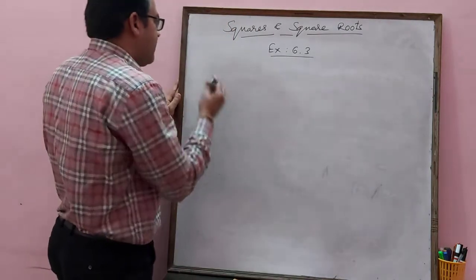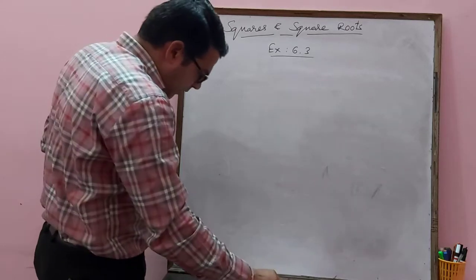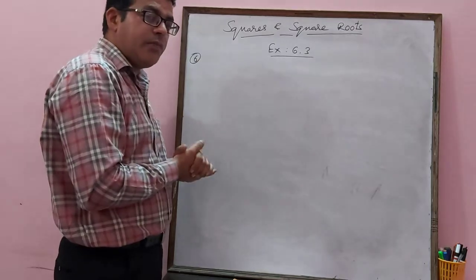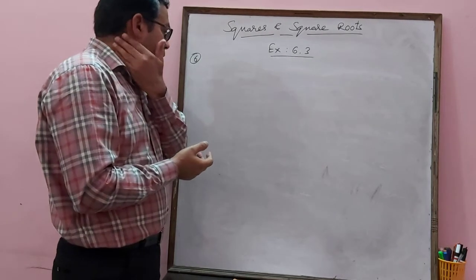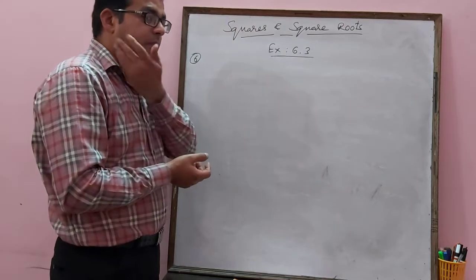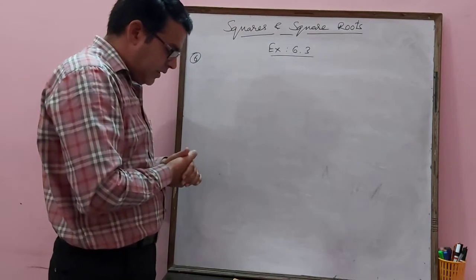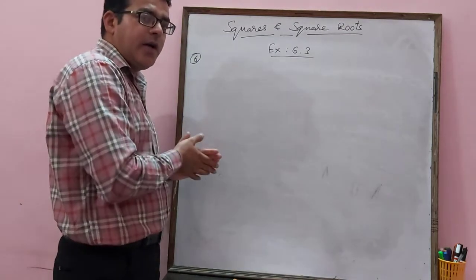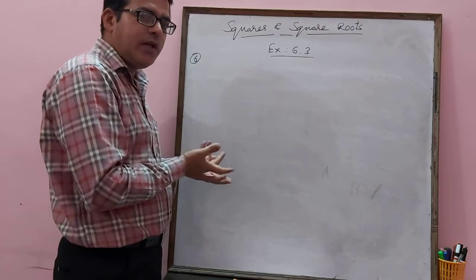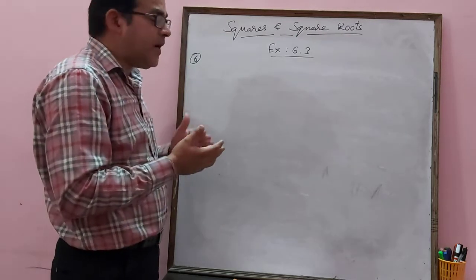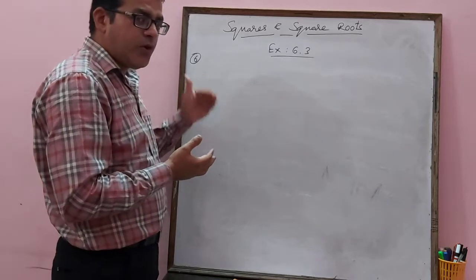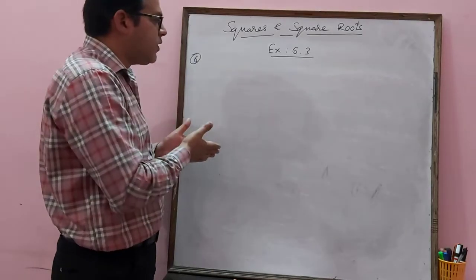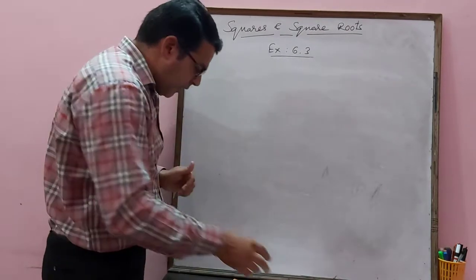Now question number 6. Question number 6 is just the opposite of question number 5. In question number 5, we looked at by which number we should multiply to make a perfect square. Now in question number 6, it says by which whole number we should divide the number to make it a perfect square, right? So the question is almost the same, but the difference is that in question number 5 we multiply by the number to make a perfect square, and in this question we divide by the number to make it a perfect square number.